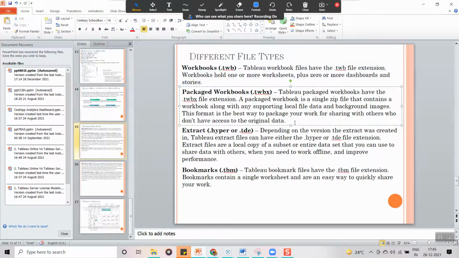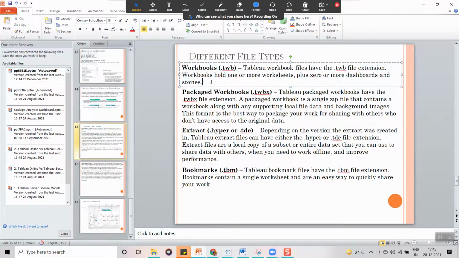Also, if you are using any local files, for example Excel files, CSV, whatever it may be, that local data is also going to be included in the packaged workbook. This is not the case with twb. So if you don't have the data, it is going to ask you to locate the file.